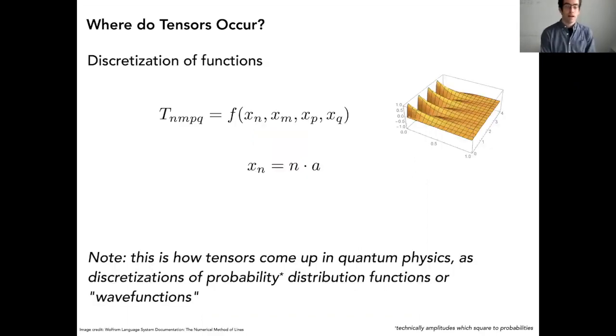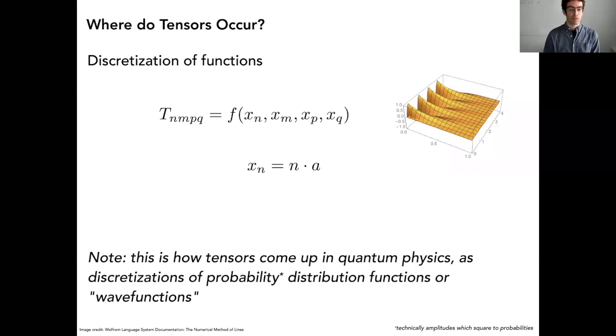Another different way that tensors arise is working with functions. So things like approximating functions, integrating high dimensional functions, which we'll talk about a bit later. And in those cases, to put it on a computer, you need to discretize it in some way. There's different ways, of course. One of the simplest ways is just to use a grid.